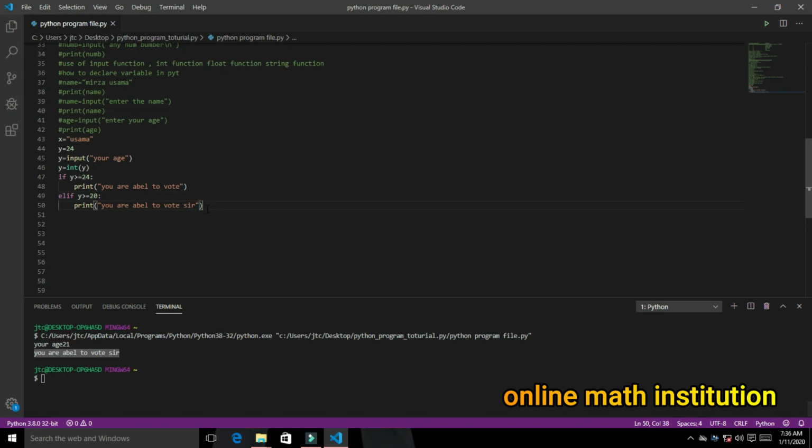There is another statement, which is the else statement. The else statement is always followed by the if statement or elif statement. Here is the syntax of the else statement. We don't need to put a condition here because it is the last statement. So here we will just print